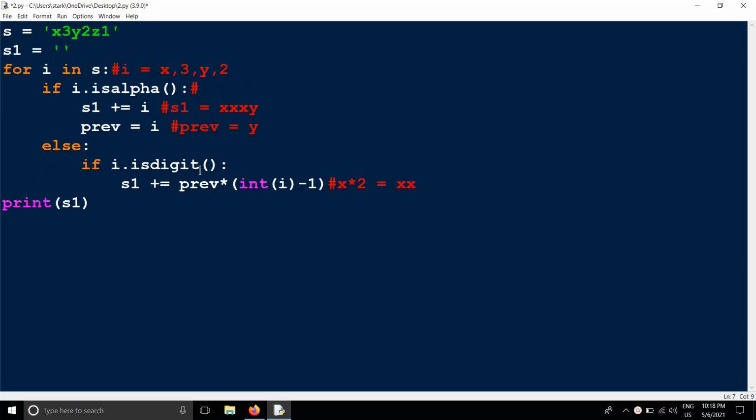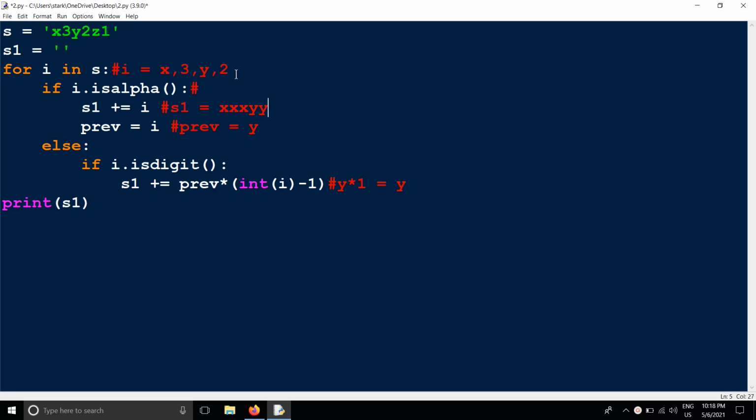If i.isdigit, where i value is 2, the condition is true, so it comes inside, and s1 becomes s1 plus previous, which is y, multiplied by int of i, the value 2, minus 1, which is 1. So we are multiplying with 1 and y is added. Already in s1 we are having triple x and y, and this y is going to be added, so now the output becomes like this.